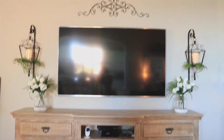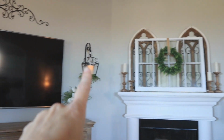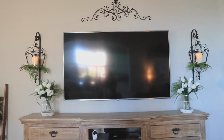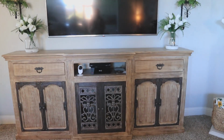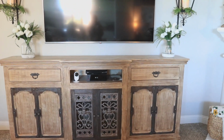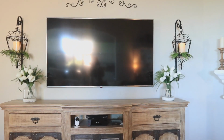But here is the TV. I also think that this is a very much improved area. When I had those that were framing the TV, so those were where the lanterns are, I liked the concept. I liked that I was framing the TV because it is a huge TV. It probably doesn't look like it on camera, and this piece is massive. It is almost as tall as me. It's probably like 4.5 feet tall. I mean, this thing is huge. My TV is a 70-inch, so